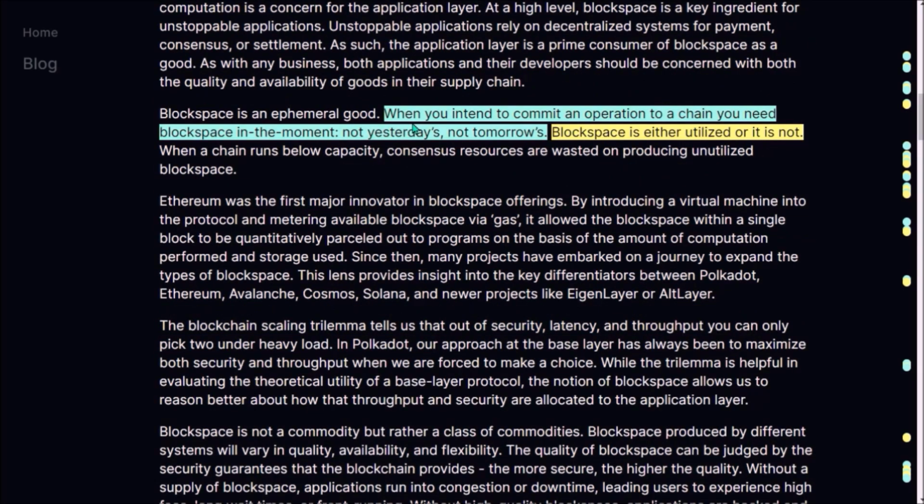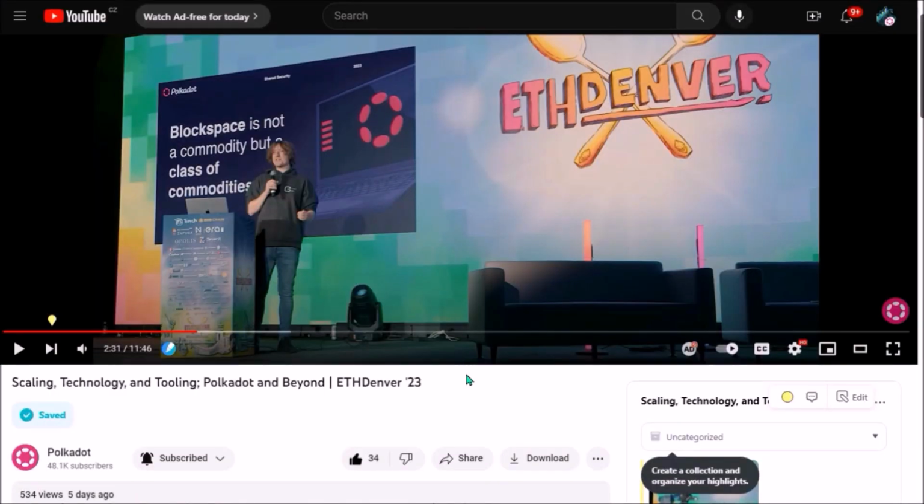When blockchains produce Blockspace, it's either utilized by dApps or it's not. And when Blockspace is not utilized, that basically means the resources to produce this Blockspace are wasted, and wasting resources is never good. So this makes me think, unless I'm mistaken, that nowadays we still witness a lot of Blockspace being wasted on many parachains because there are still not many dApps deployed, and also given currently still low adoption, the number of finalized operations in blocks of many parachains is still low. But this is primarily due to the fact that these parachain ecosystems are still in very early days.